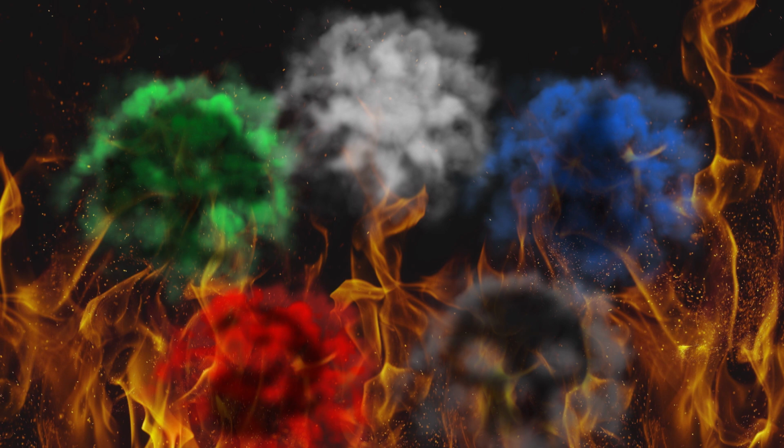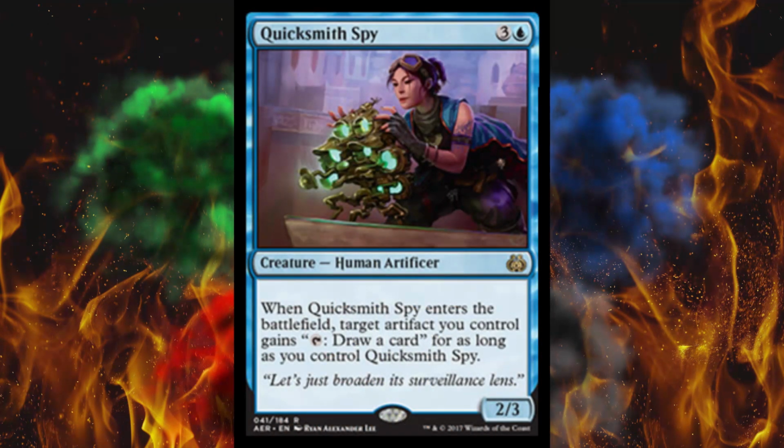it's time for one more spoiler from Aether Revolt, and this one has some interesting implications. It's Quicksmith Spy, and you guys know blue's my favorite color, so it already had a little bit of interest. It's also a human and an artificer, which will help for certain pieces of equipment and other cards. Now it does cost 4, which is pretty poor considering it's a 2/3, but that's a little bit of survivability,